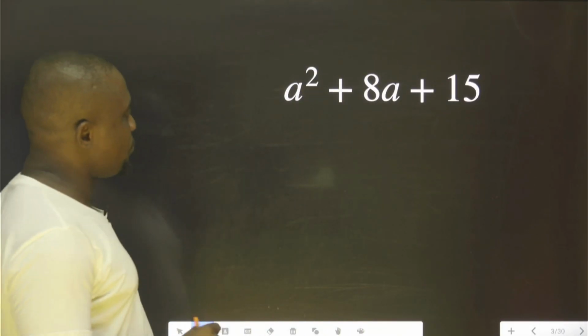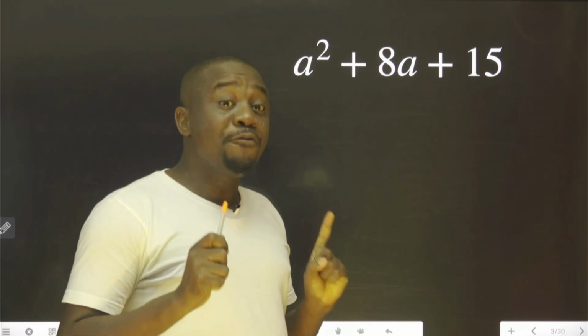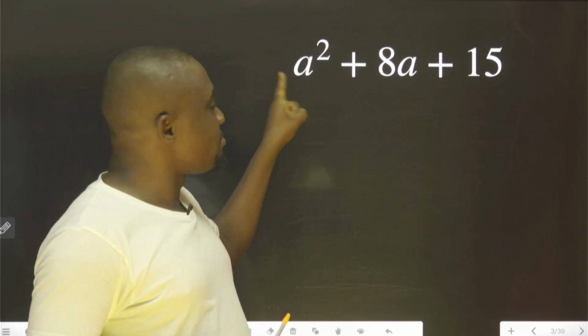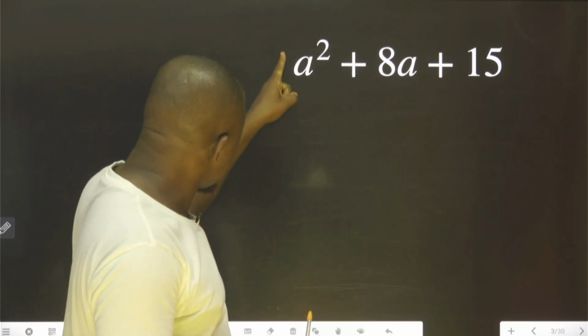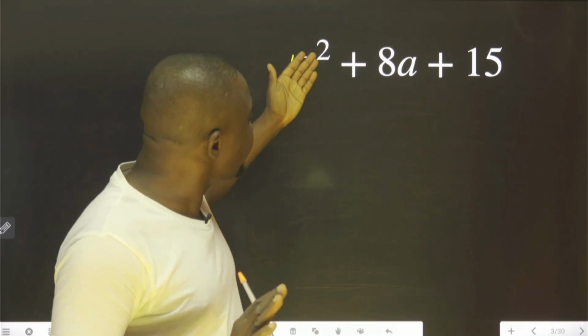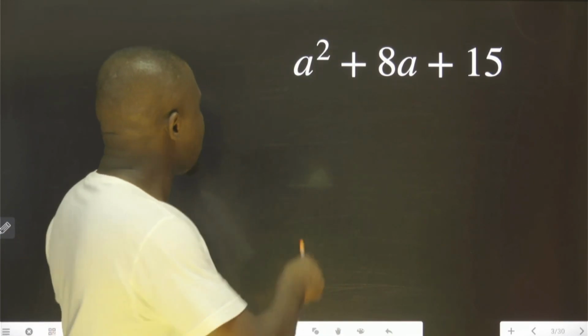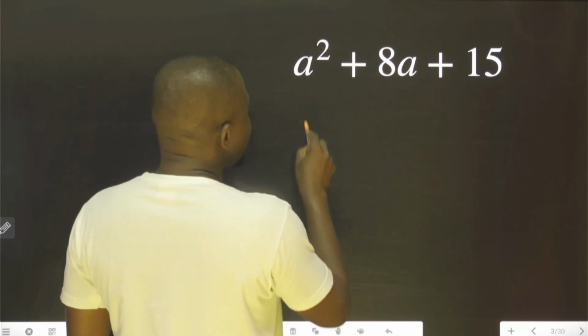The first example, we need to factorize this. If you see, the coefficient of this is 1. You don't need to waste your time. Use the first method. Later, I will teach you the next method. What do we do? Simply do